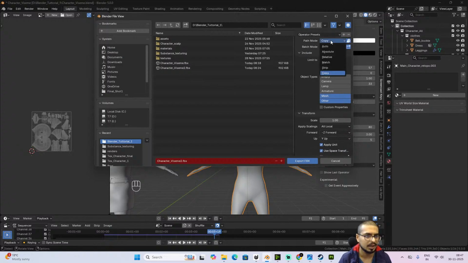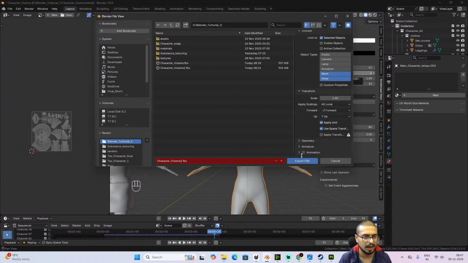What I have done is, it would be on auto. I have changed that to copy, and clicked on this small button over here, then this limit to selected objects only. This should be ticked on, because there are so many other objects in the scene, and we don't want all of them to be exported. And then in object types, we'll select mesh and others. You can click on one and shift click on the other, and lastly I'll turn off the animation because we don't need it. I'll export FBX now,